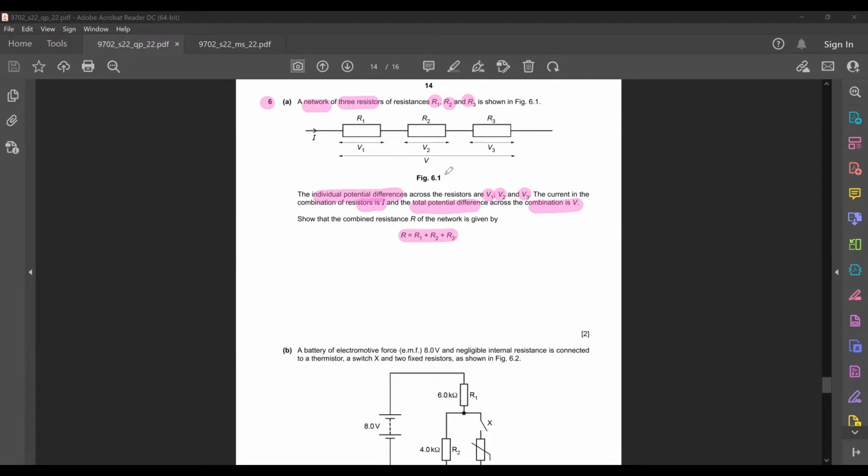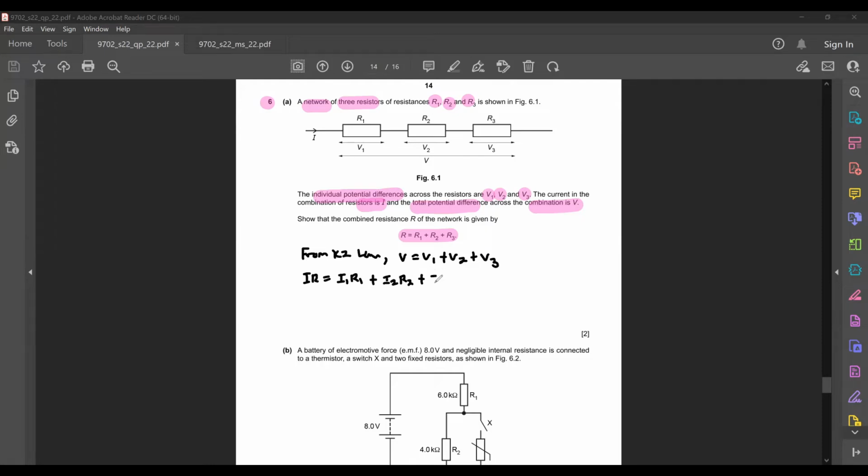This is actually asking you to derive resistances in series. So you can write something like this. This one is from K2 law, Kirchhoff's second law: sum of EMF is equal to sum of PD. So you can say V is equal to V1 plus V2 plus V3, which in turn becomes IR equals I1 R1 plus I2